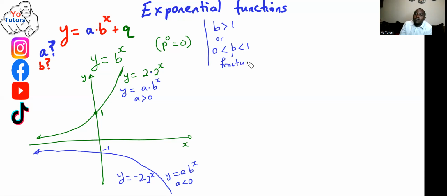B can never, will never be equal to 1 or 0, sorry, can never be negative. Here it can never be negative. This one can never happen. It can never be negative. That's what you need to remember. So it can only be a fraction. So if it's a fraction now, what you will see,